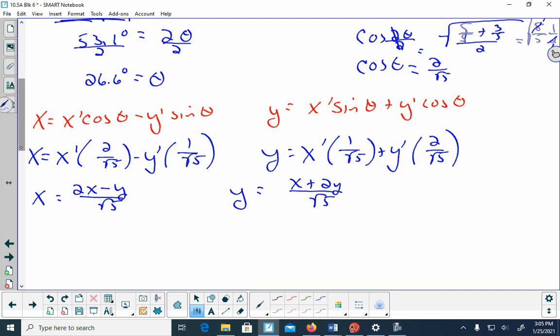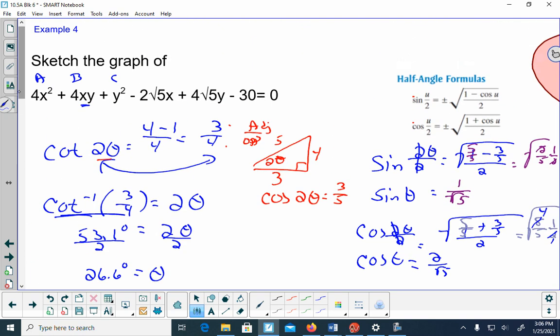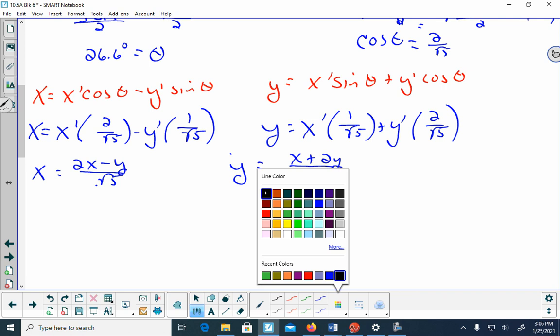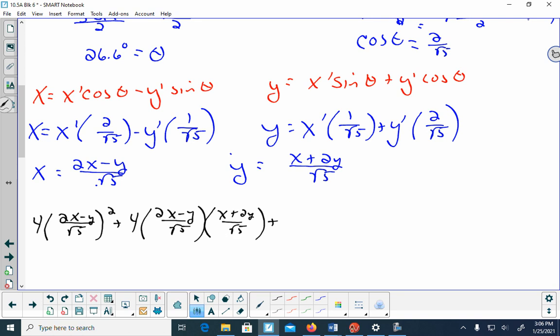Remember, I'm going to resubstitute this in every place I saw an x up in my original equation. Every place I saw a y, I'm going to substitute in my y. So this is what it's going to look like. I had that 4, and then I had x squared. So I'm going to have 2x minus y over the square root of 5 squared, plus 4x, that's my x, times my y, and my y is x plus 2y over the square root of 5. Then I want plus y squared